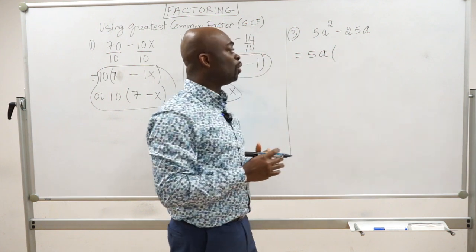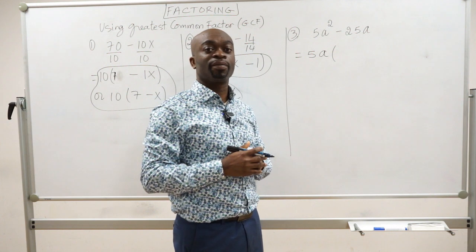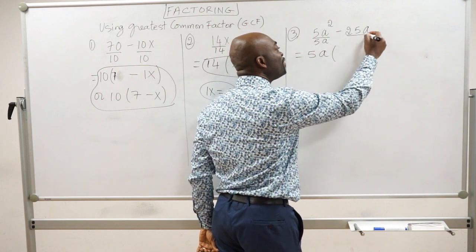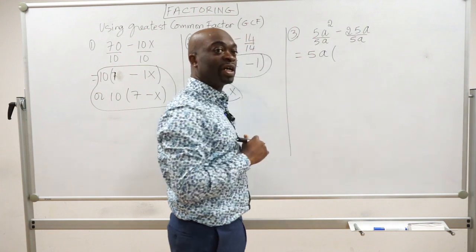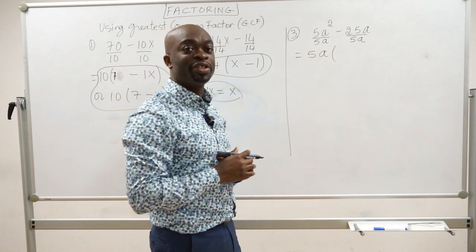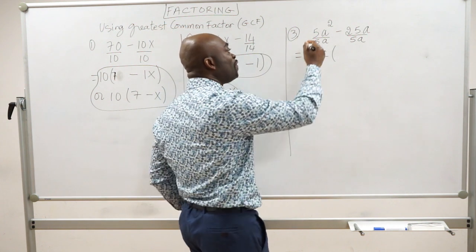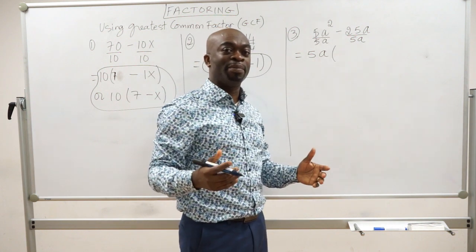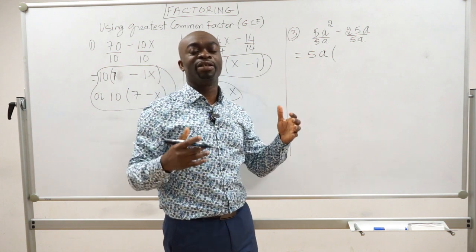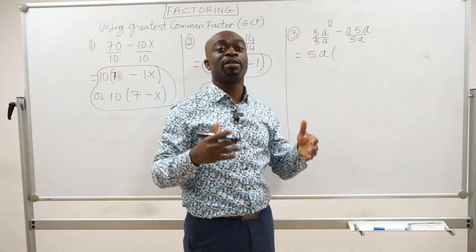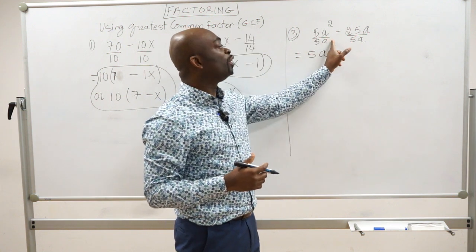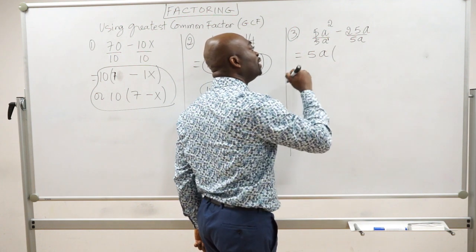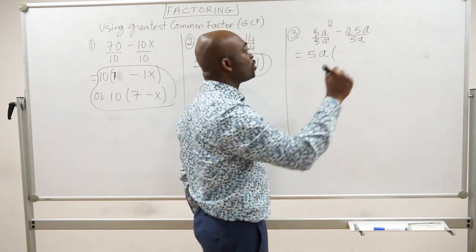And then now what is left inside? Okay, now what is left inside, you divide both sides by 5 because that's what you have in common. And we learned how to do this division previously. So 5 crossed out, okay? Then a squared divided by a. If you guys remember that, what do we do to the powers when we divide two variables? We subtract the powers. And then we move the lowest one to the largest one. So this is an invisible 1 here, okay, just to recall. And then this is going to give us 2 minus 1. So guys, remember that